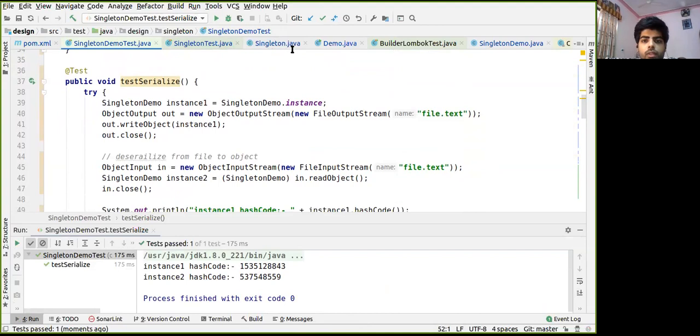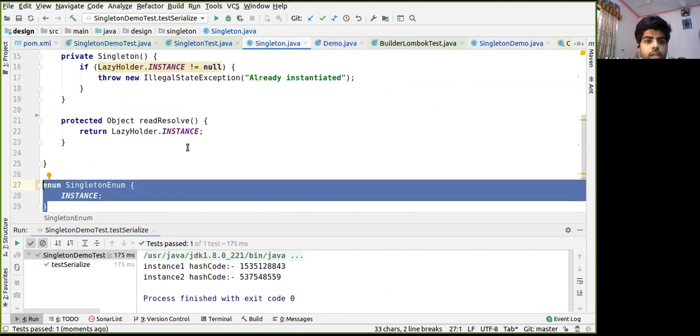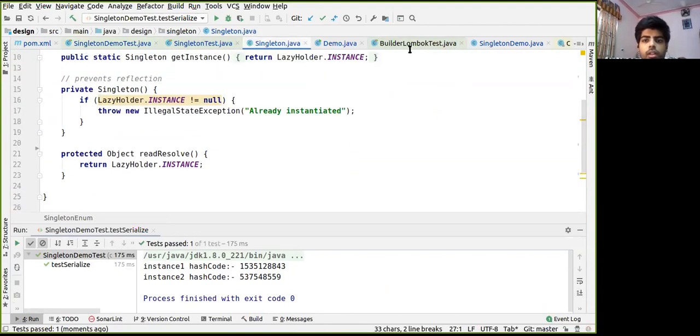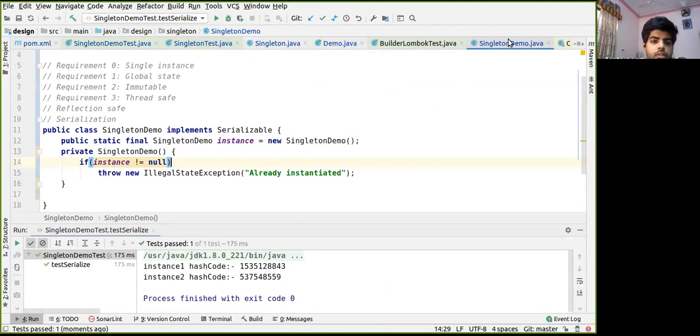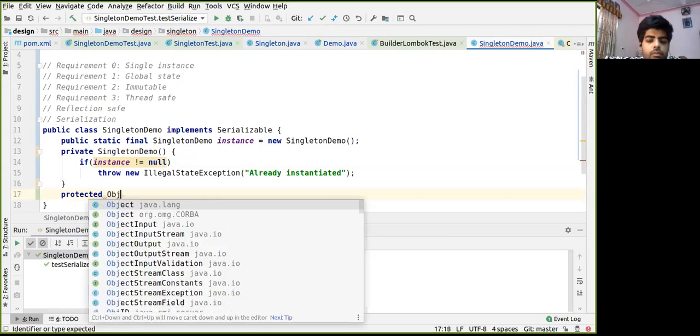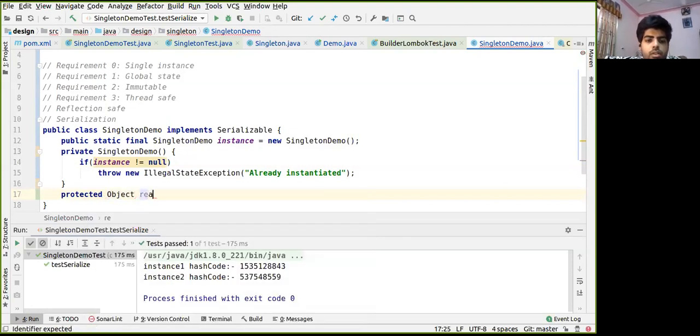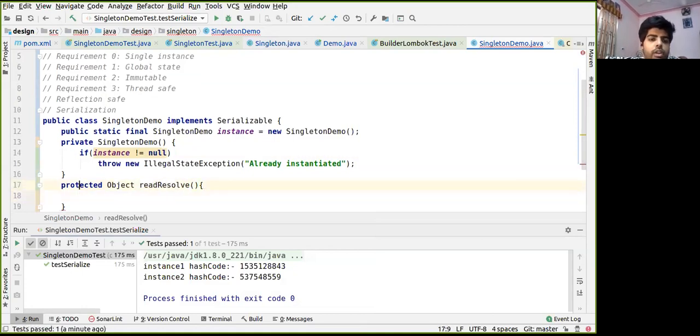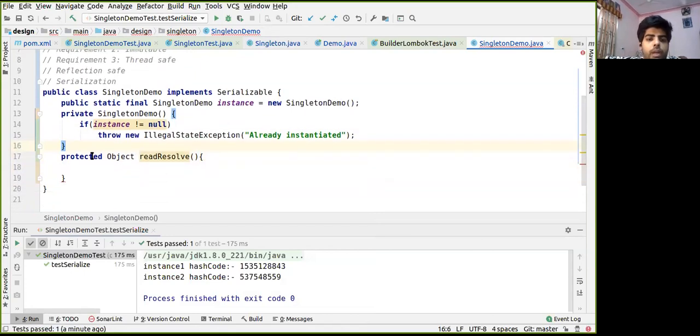So if we implement the readResolve method like this, the signature is protected Object readResolve. We do not need to use @Override because this method is not visible at compile time.